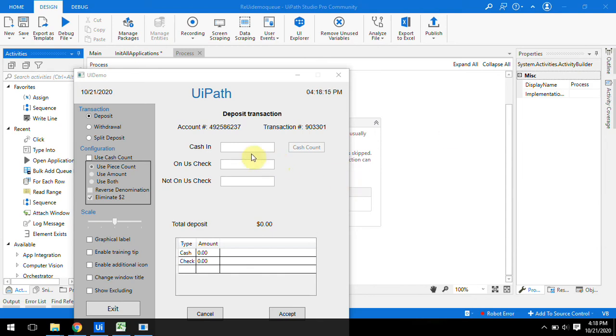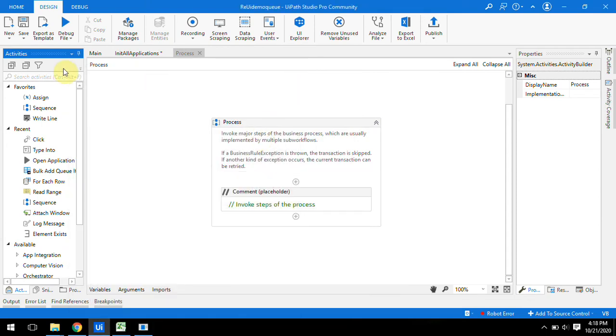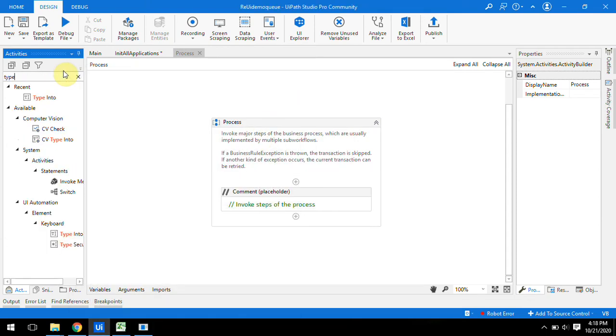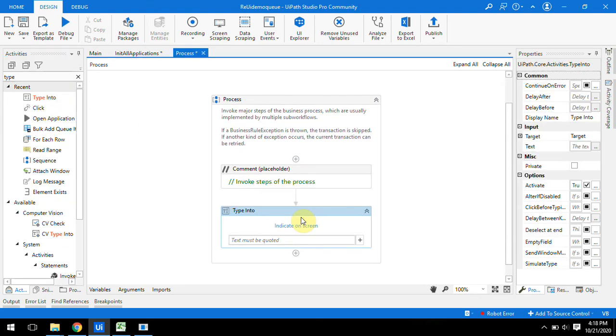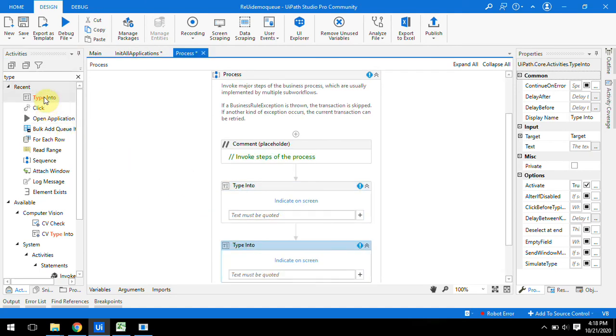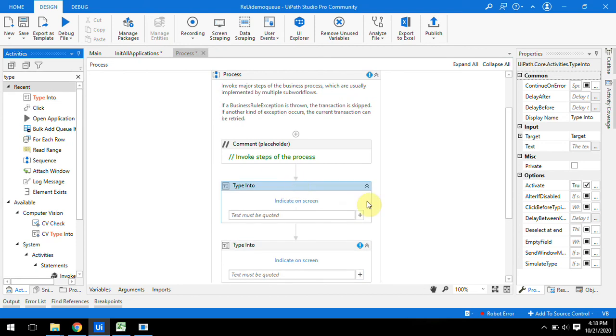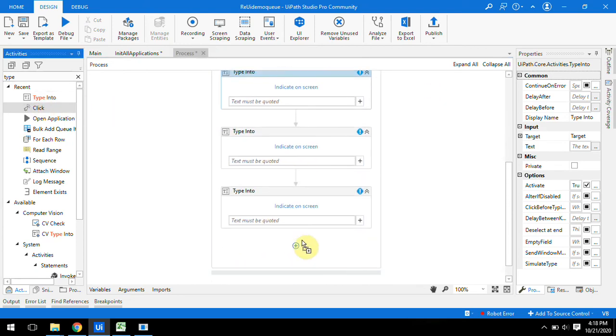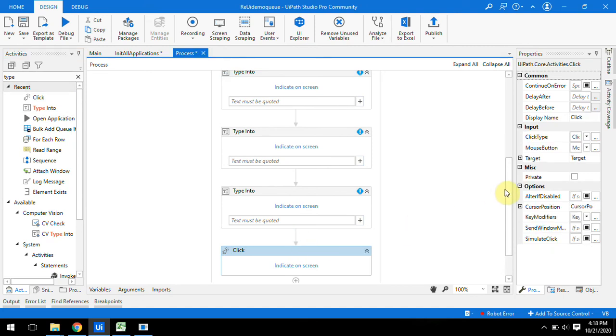So we have to enter the values in cashing, ones check, and not ones check. So take one Type Into, a second Type Into, and then one Click. This is the operation.